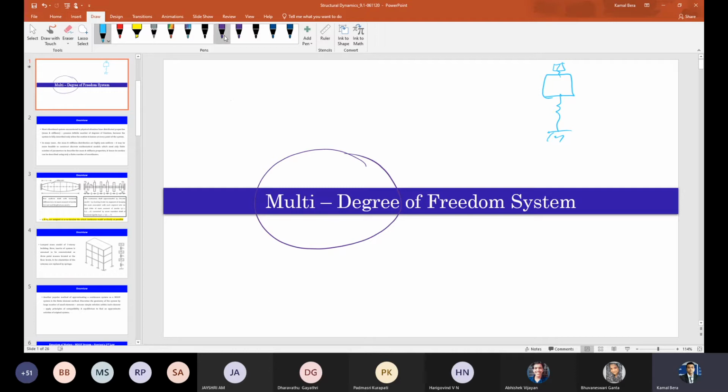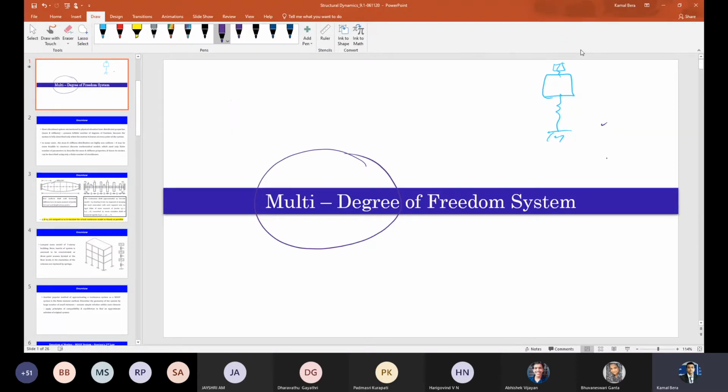And a continuous system, how many degrees of freedom? Infinite number of degrees of freedom. Obviously the real system is quite complicated, because the mass distribution and stiffness distribution are not uniform. There can be a change in the cross section, material properties, many things. So treating the real system as a continuous system and solving the governing differential equation will be quite difficult.